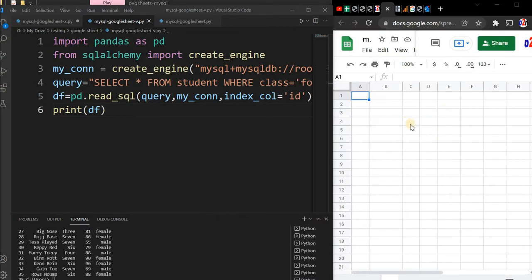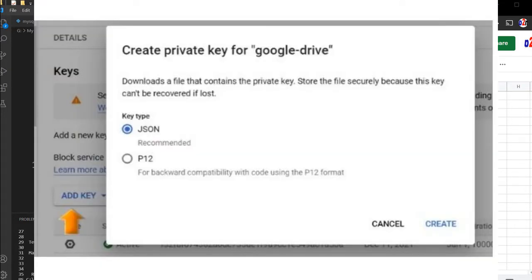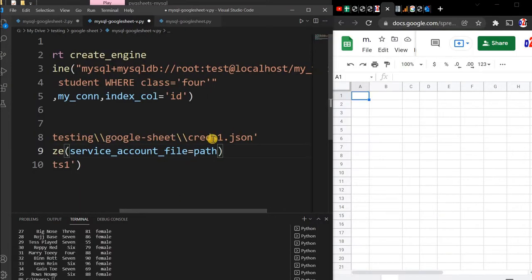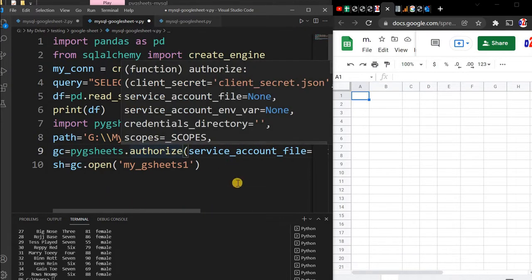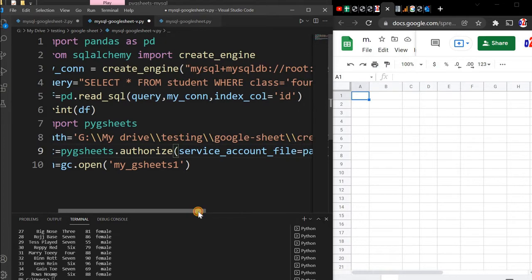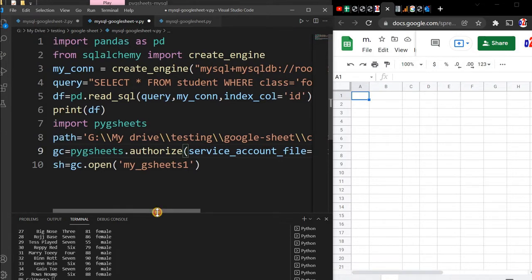Next we will insert it. Here is the Google Sheet, to which the data will be inserted. For that, let me first paste my authorization details, here at line number 7. I am importing pygsheets. Then I have the authorization key that I downloaded. It's a JSON file, you can see here, credential.json. I stored this file in this path and authorize using that. You can download your Google API credentials as that JSON file and use it. All the details we have discussed in our tutorial, which is available. The link is here, so you can read how to get it.